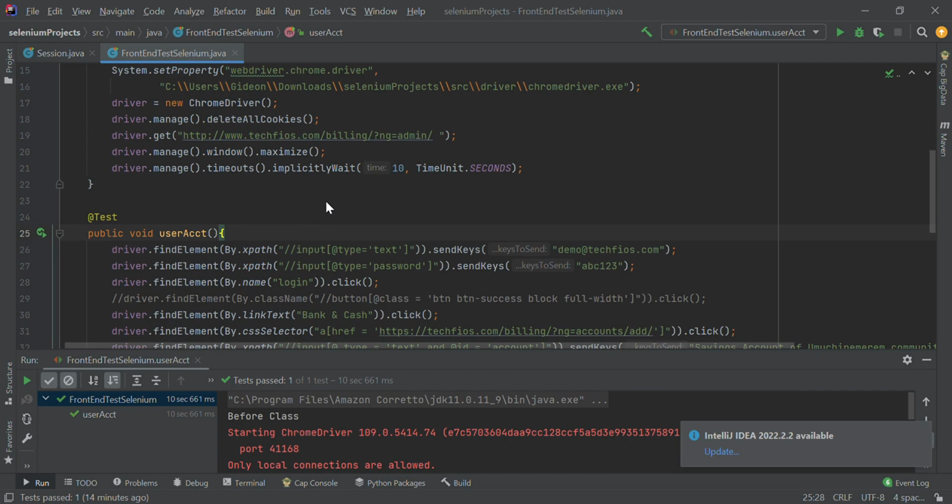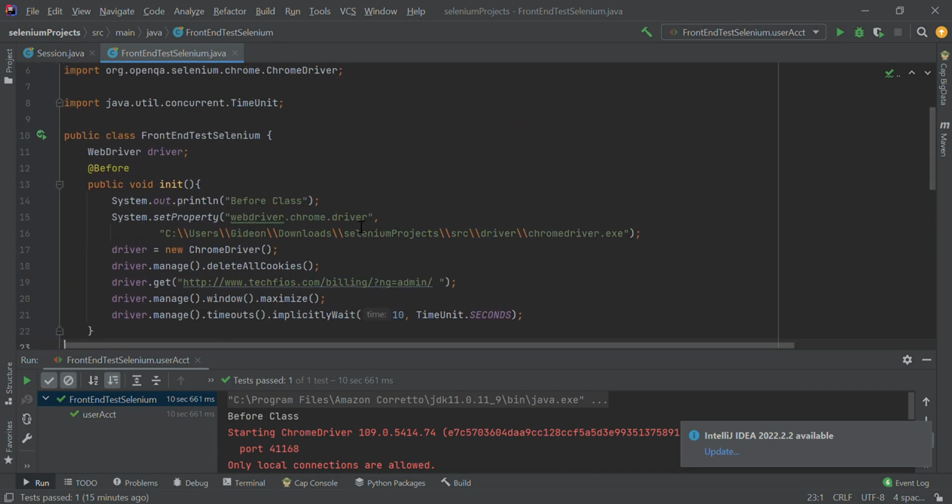So today we're going to be considering how to use Selenium Framework to test the front end of a URL. And the URL we are considering here is this. So the first thing you have to do is that you have to set up